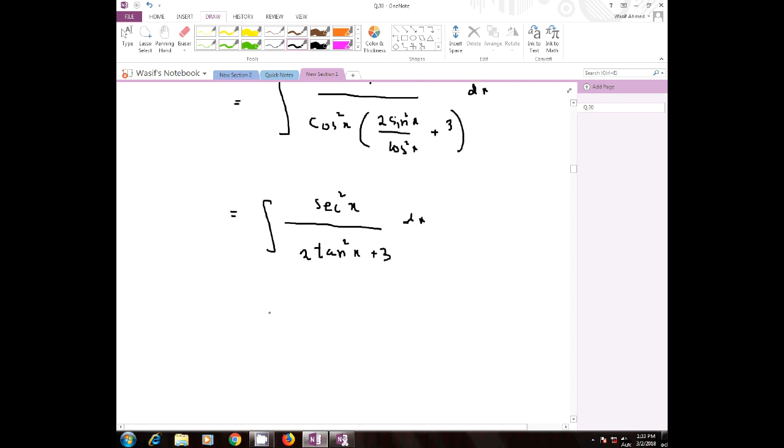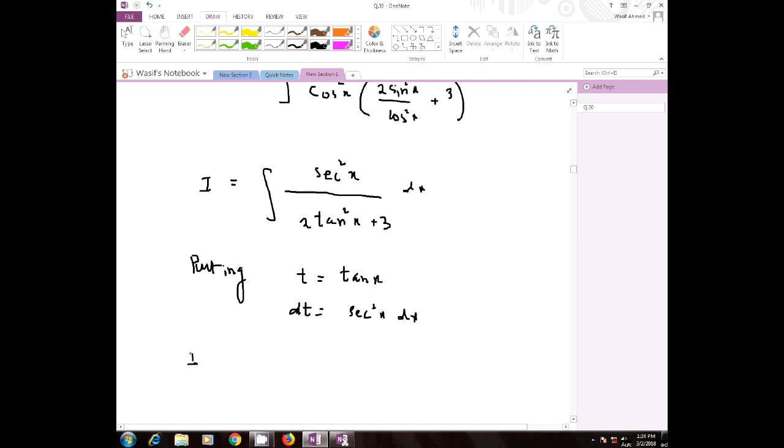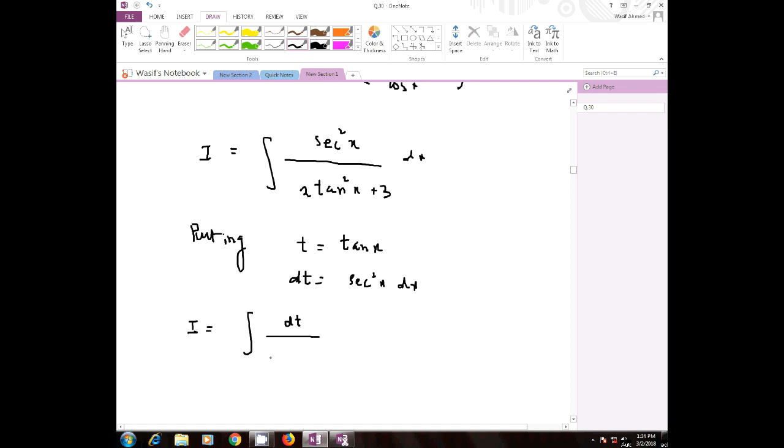So now we can see that the derivative of tan x is given in the numerator, therefore we can put t is equal to tan x, so that dt is equal to secant square x dx. Put it into the given integral. You have I is equal to, instead of secant square x dx you have dt, and divided by 2 t square plus 3,